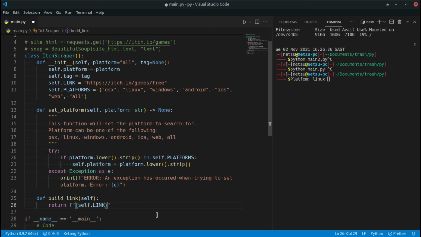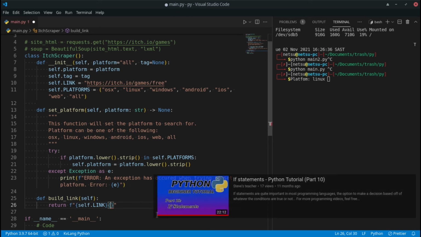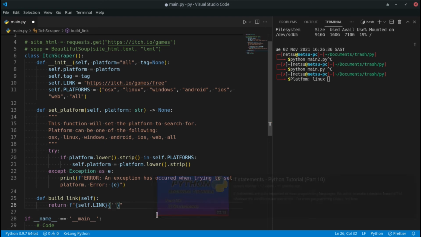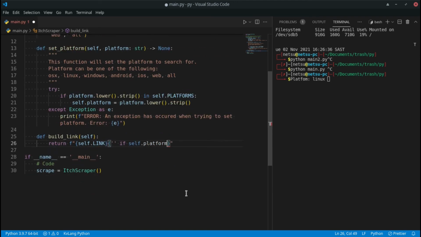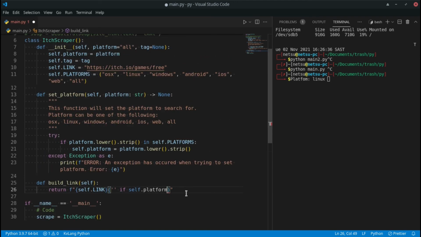Then we want to check the platform. Now take note, if you don't know Python, then I highly recommend you go watch my Python tutorial, because this might get a lot confusing. Now, two single quotes, meaning nothing, right? So there's nothing going to be here. If self.platform, I'm going to explain what I'm saying here in a second. Just give me a second to type all of this out. Is equal to, take note, single quotes, not double quotes, because double quotes will break out of these double quotes. And we can say all